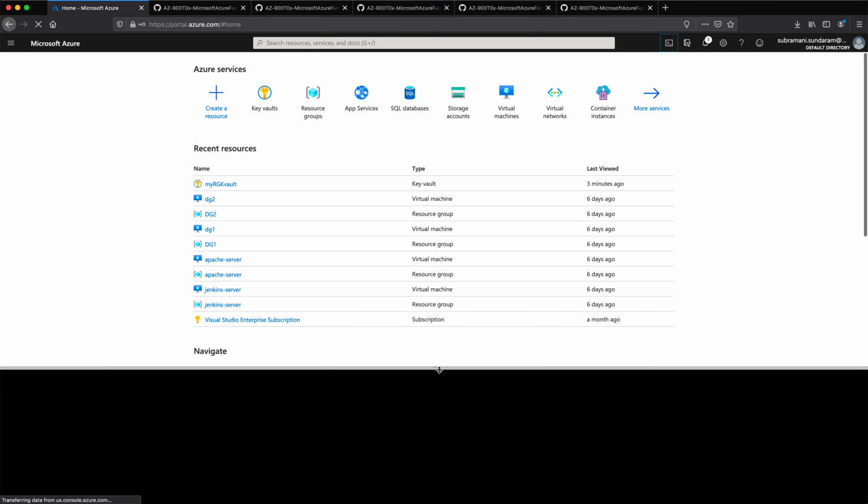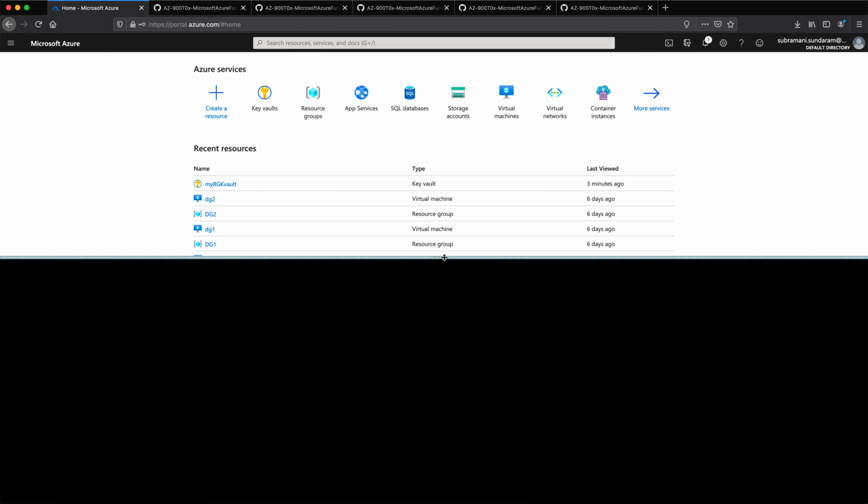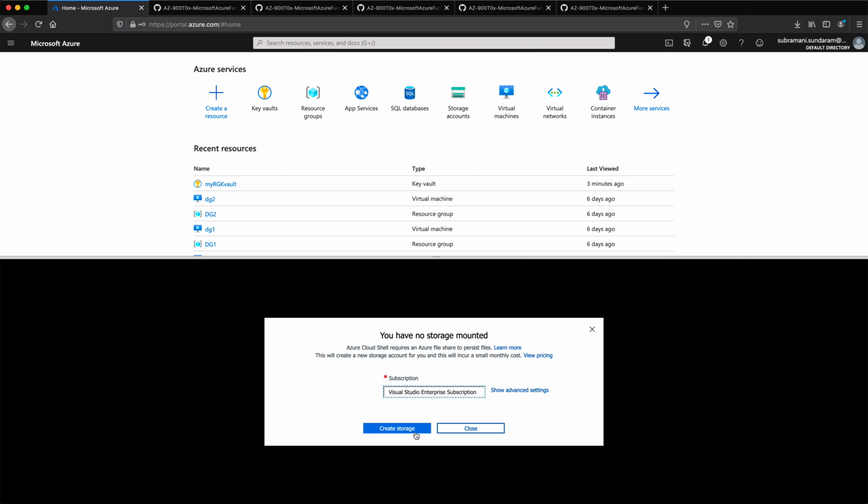When I click on this shell, it will try to load, and by default it creates a storage account to store the logs. Once it is done, it will show me two options: one is Azure CLI, and the next one is Azure PowerShell. In this lab, we are going to create a virtual machine using PowerShell, so we are going to choose PowerShell. Let us wait for some time till the storage account is created, and then it will automatically mount and analyze your